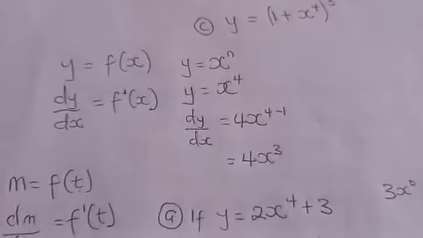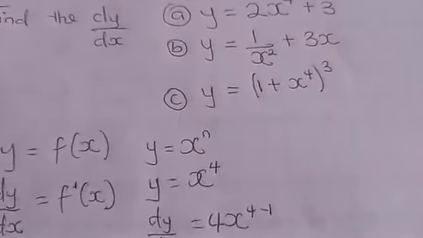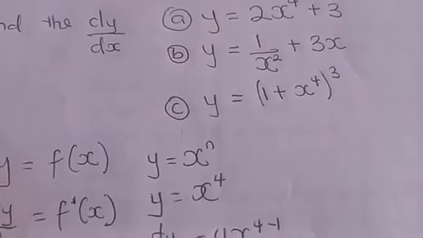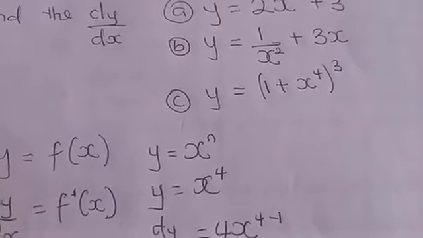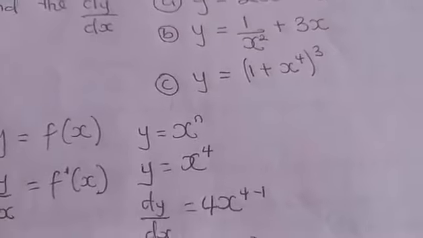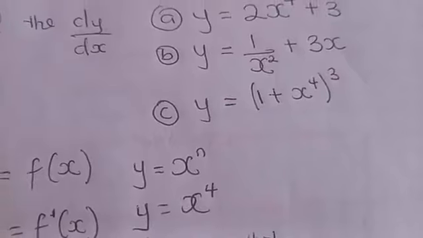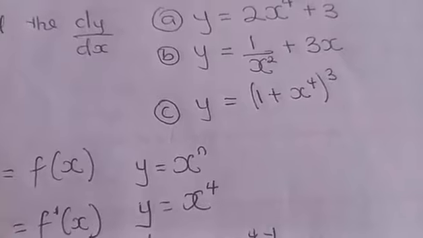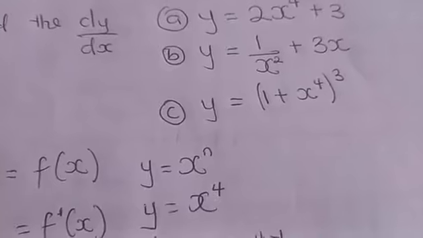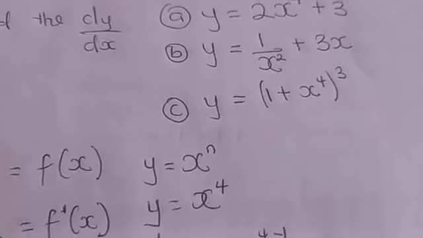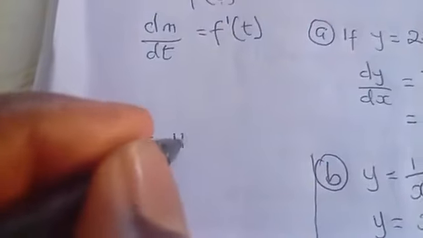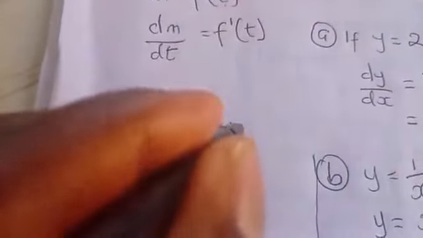For question C, we have y equal to 1 plus x raised to the power of 4 in bracket raised to the power of 3. For this particular one, instead of us multiplying 1 plus x raised to power 4 by 1 plus x raised to power 4 in 3 different places, right? We are going to use chain rule in solving this. Question C, if y is equal to 1 plus x raised to the power of 4 raised to power 3,